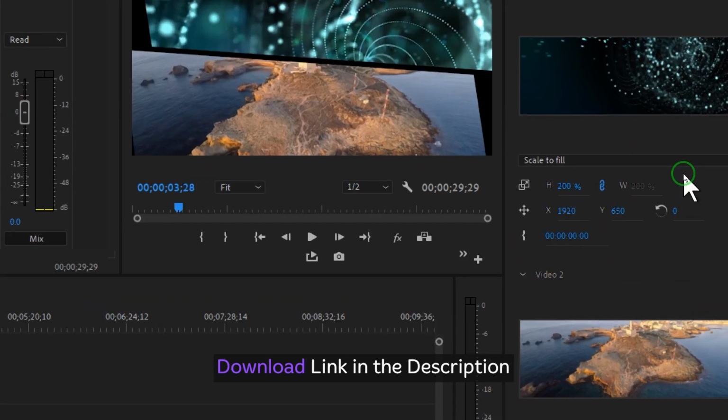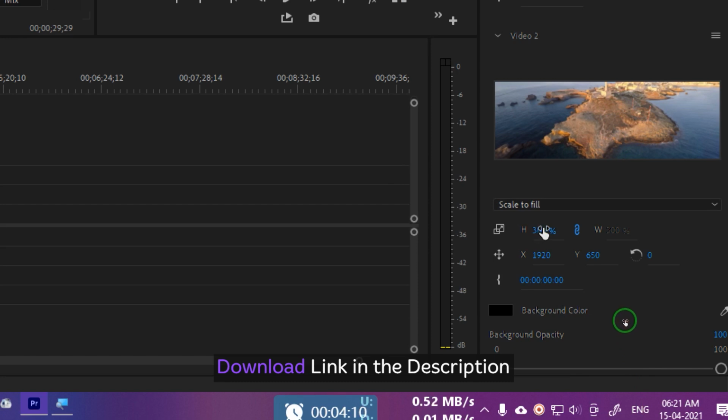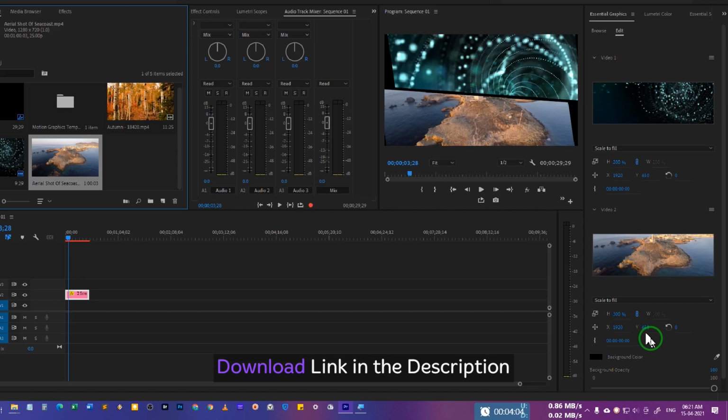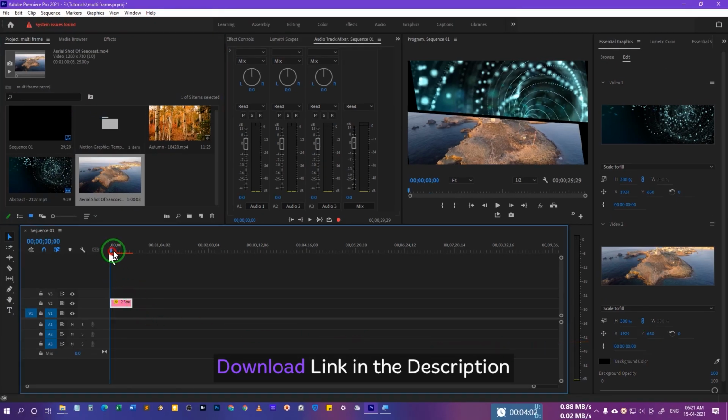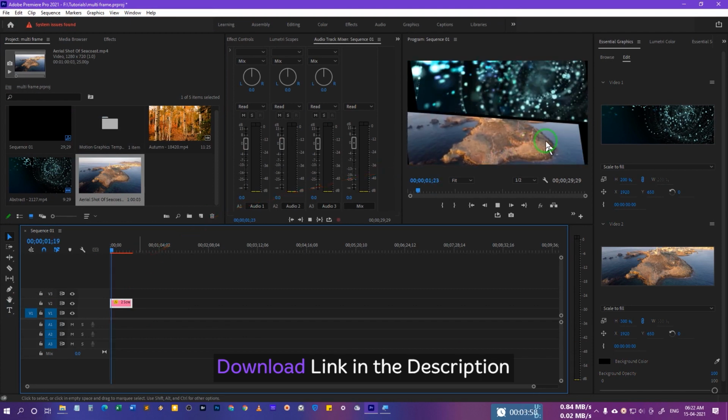And now I can adjust their position. So I can adjust the X and Y position, and I can even adjust their scale. Alright, so over here as well we have the height, and we have the scale and the position, X and Y position. So if we just play it through, you will see that this looks something like this.